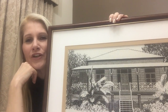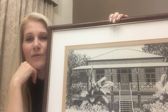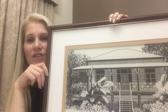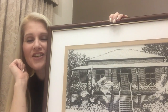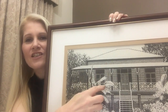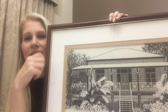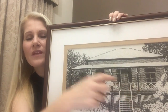Now obviously years ago when I began stitching, I never knew that it was recommended to wash your pieces, and in fact I probably would have been too scared to anyway. And I didn't wash this, and I do wash my hands. I am a very clean person when I stitch. I do wash my hands whenever I touch anything, but over the years it has tarnished, and it is evident in the white. Not in the fabric or anything like that, but just in the white cotton,